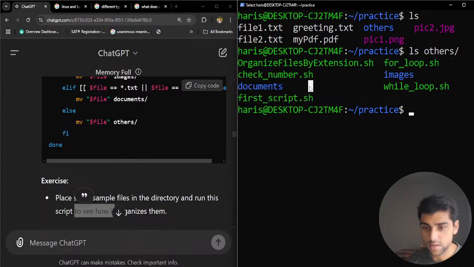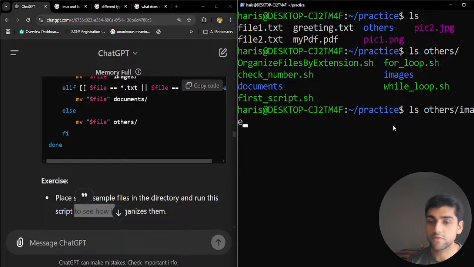Okay, then there's a documents folder for some reason, and the images folder within it. Within the images folder we want to see what's inside, and there's nothing. So yeah,